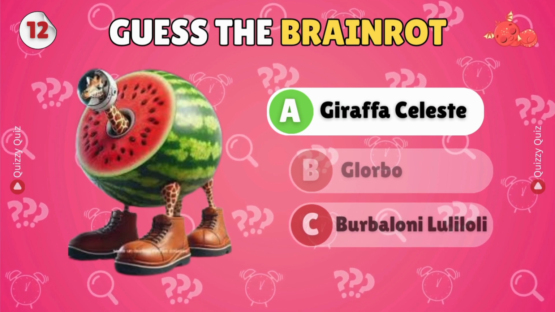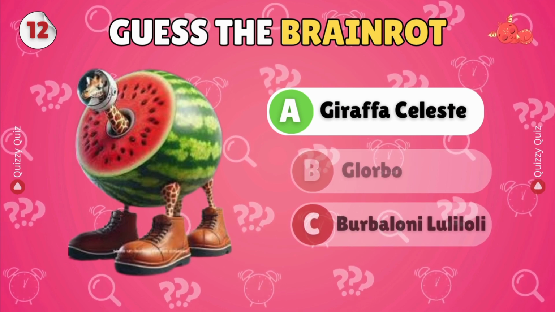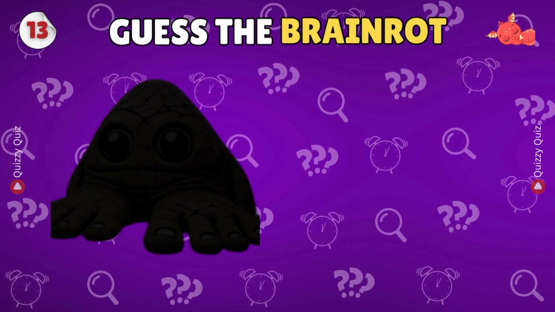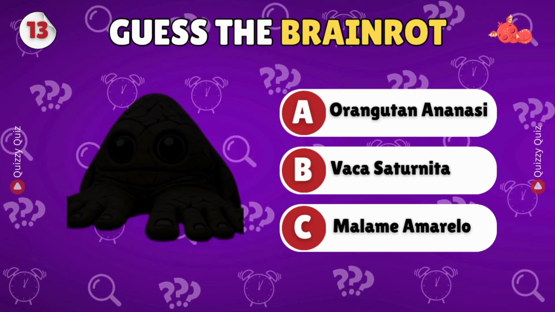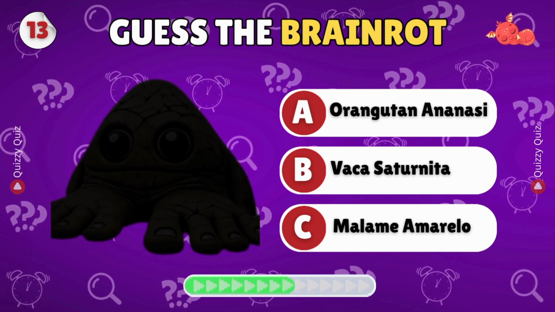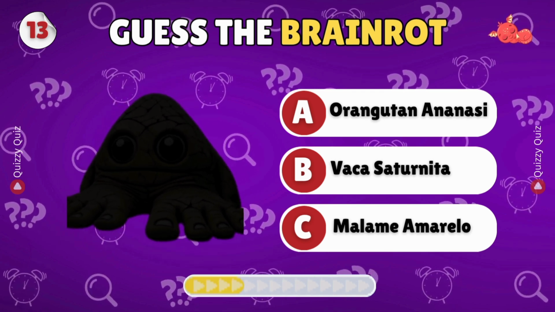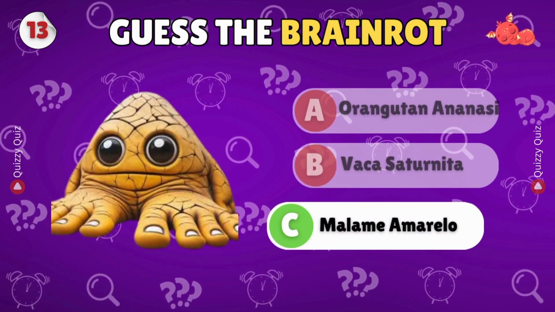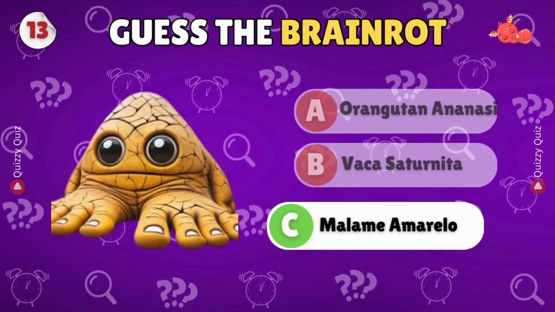It's option A. Giraffa Celeste. Any idea? It's option C. Mala me Amarolo.